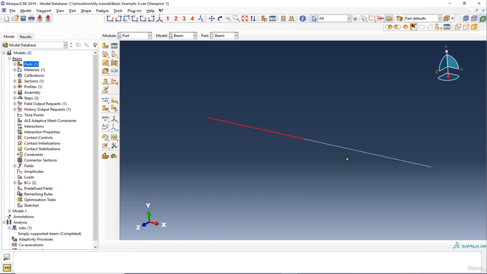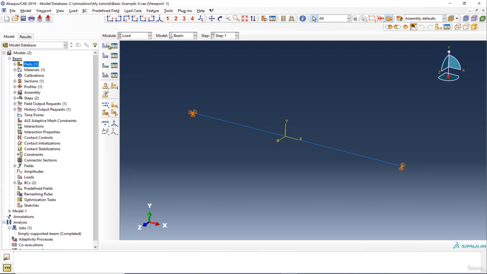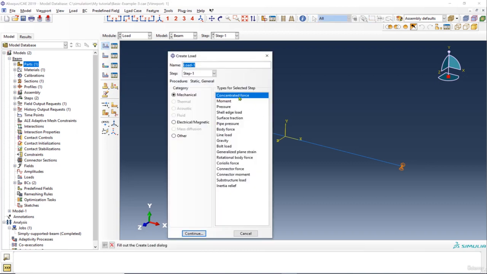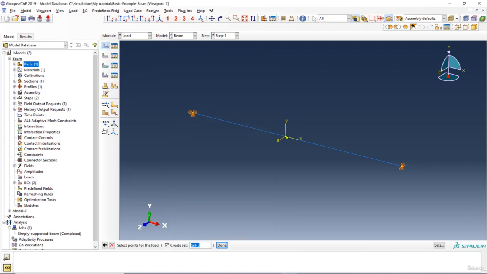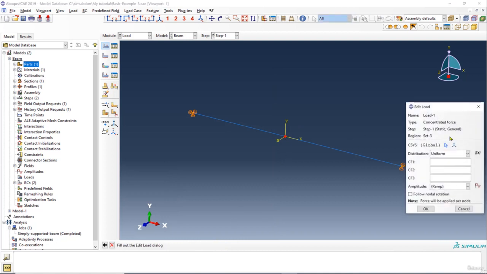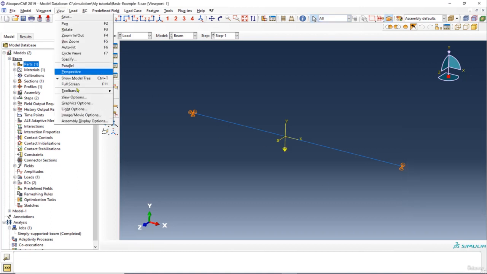So I have one side here, so I have two. Make sure that you are using parameter rather than specified; this is basically by location. If I go back to load, then I can create a load, a concentrated force, click on continue, select this one, click on done, and here I'll make this one 0, this one 0, and this one minus 6,000, which is in Newtons. Click on OK, and again I'm going to go to view,